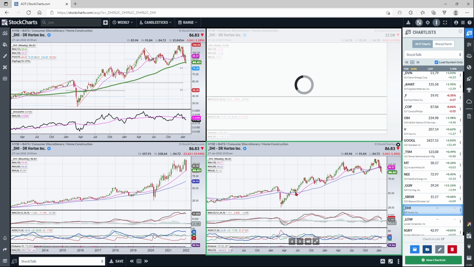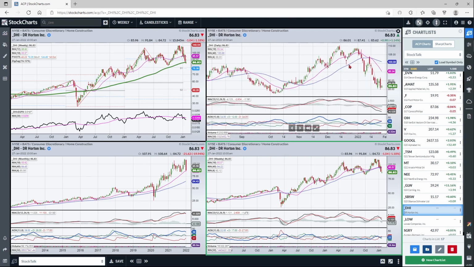D.R. Horton. So the home builders were withstanding for a while, but now they've kind of given way. Look at the failure of the breakout. Probably easiest to see on this weekly chart. You see how this had a breakout pattern that couldn't hold, kind of like an upthrust in Wyckoff speaking, a breakout that fails and then works its way back to the downside. I think this is caught in a range with support probably 80, 85, something like that. If we break the 18-month, then this is really going to be a waste of time for a while. No rush to be a buyer in this right now.